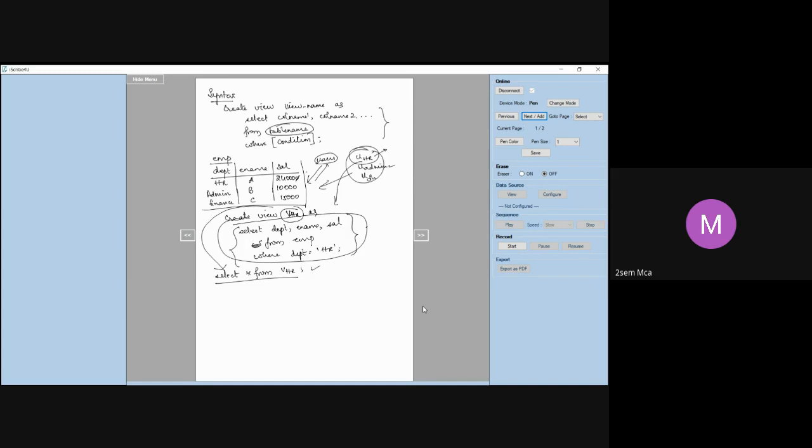Second advantage is what? As I told you, if I have users who want information only about their department, then I can create a view as an admin or as a DBA, and give access only to this view for that user. Whoever is the HR user, he will access only the HR table. He will not access everything. That's again an advantage of this.